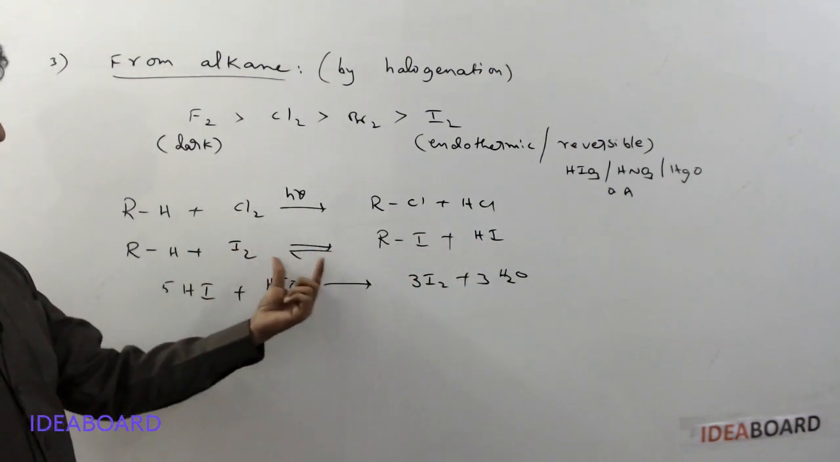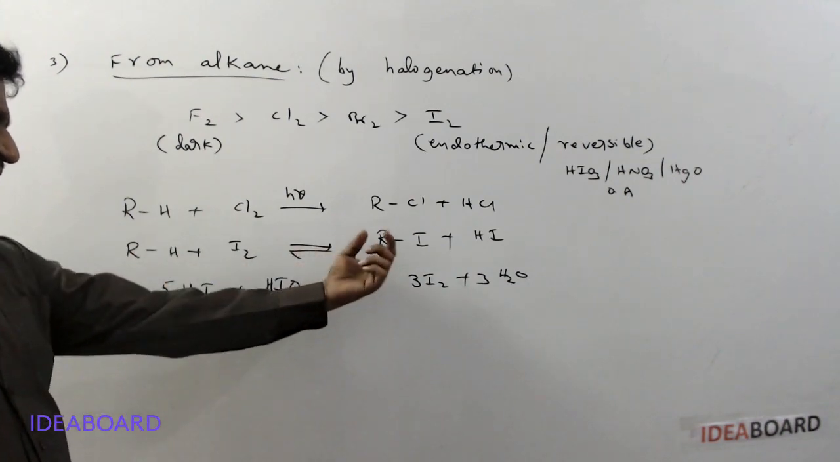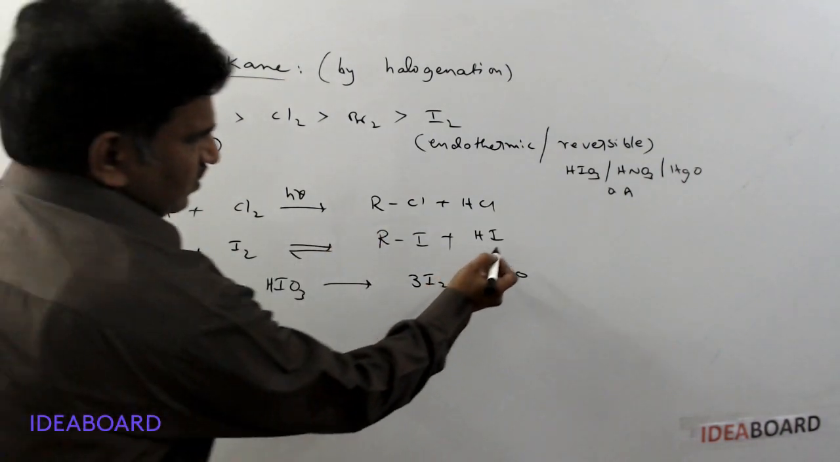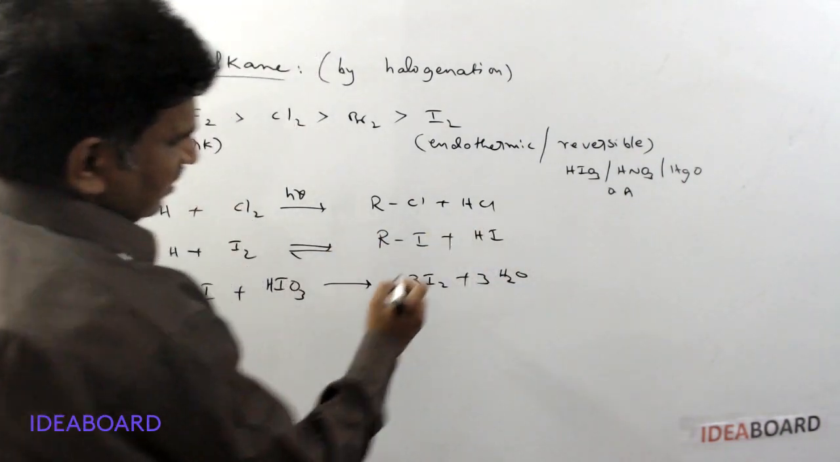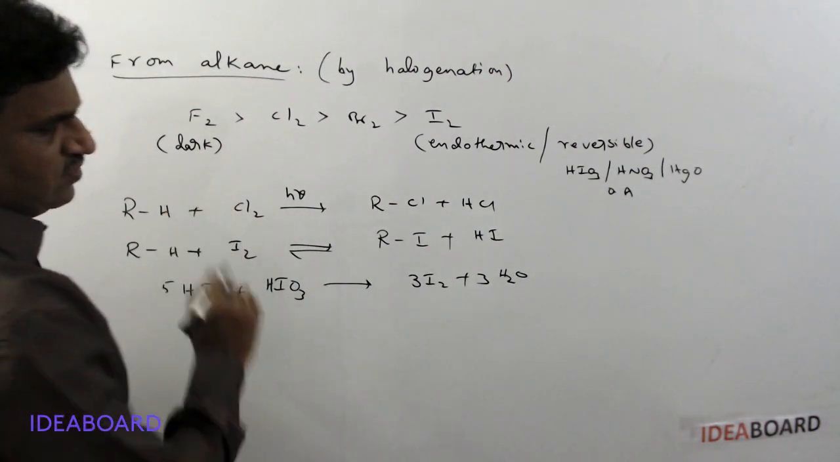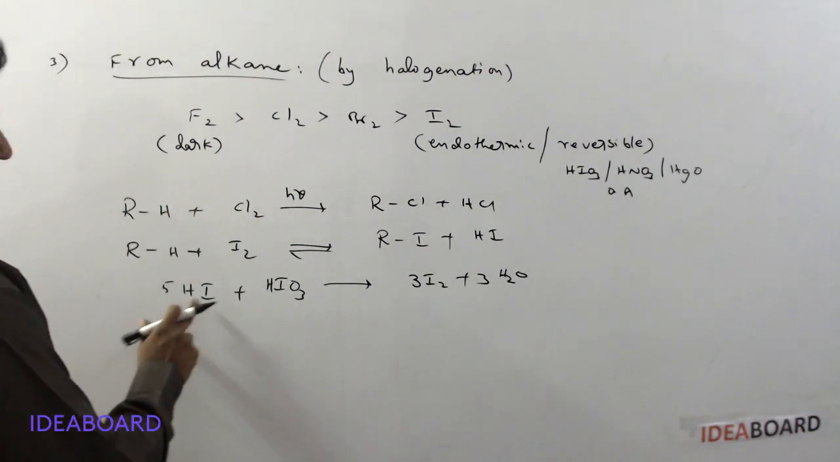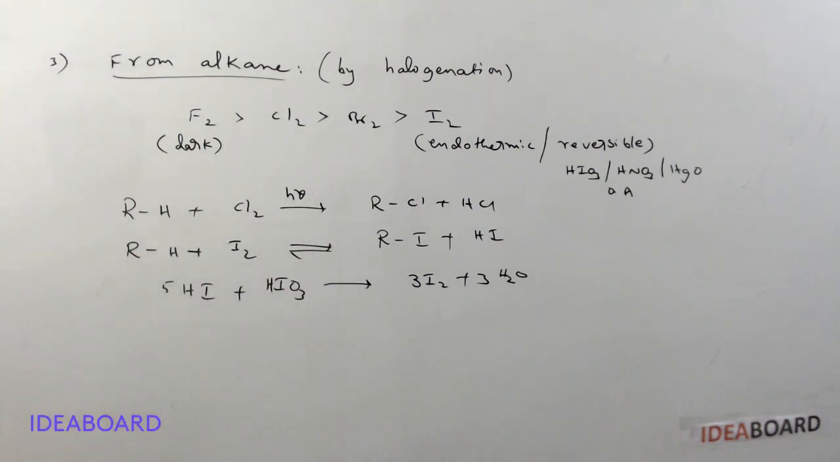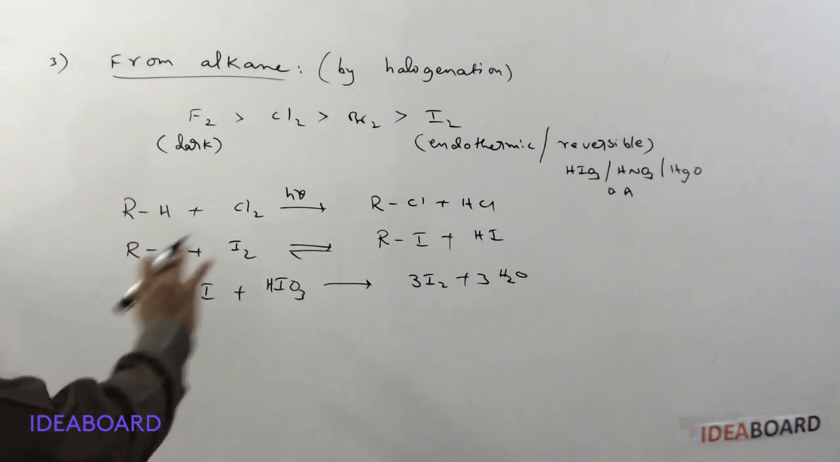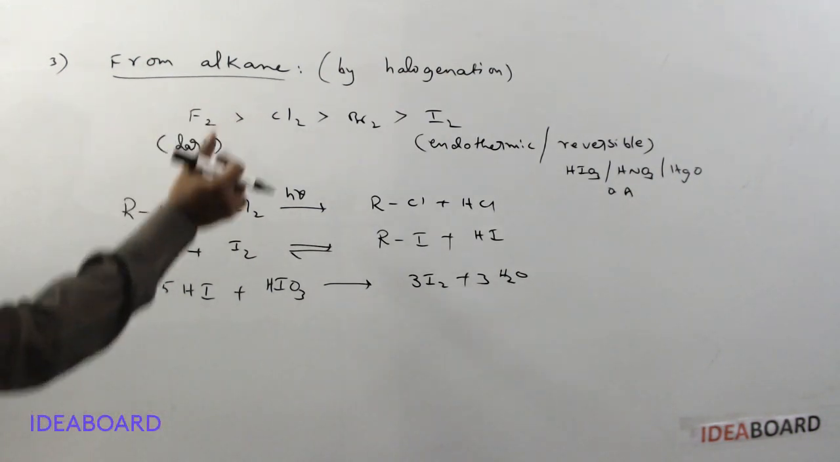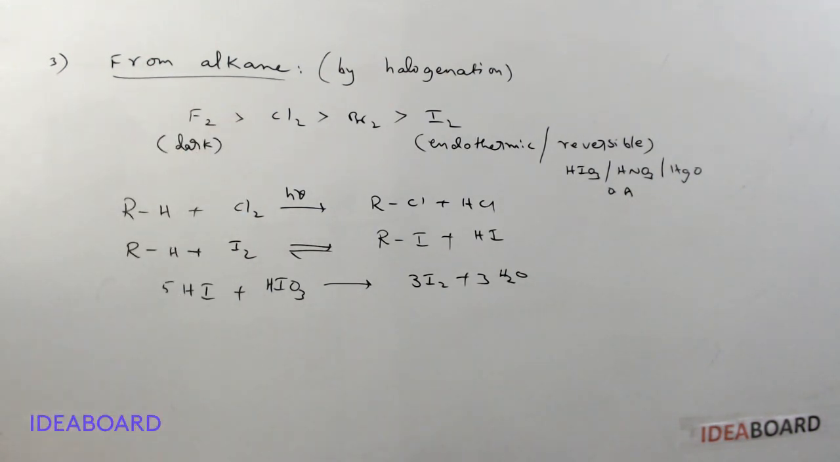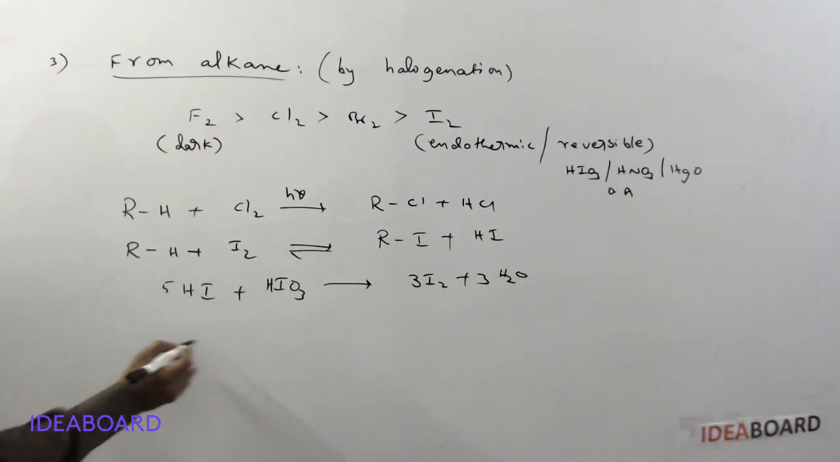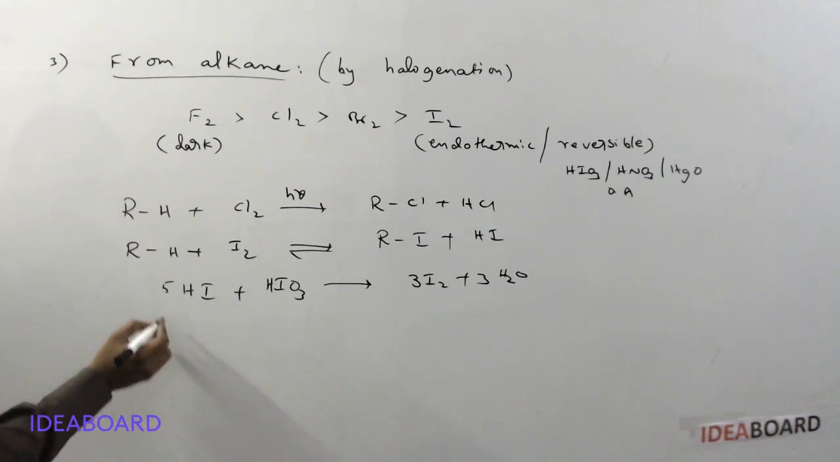So, because of its reversible nature, to prevent the backward reaction, we need to completely remove this HI by converting it with HIO3. If HI is converted by the HIO3 into I2, the backward reaction is prevented or stopped. And by this process, we can prepare the alkyl halides from alkanes, and in this process also the reactivity order